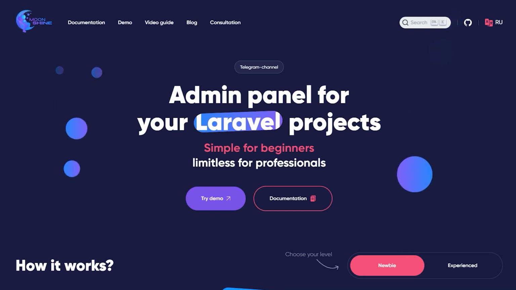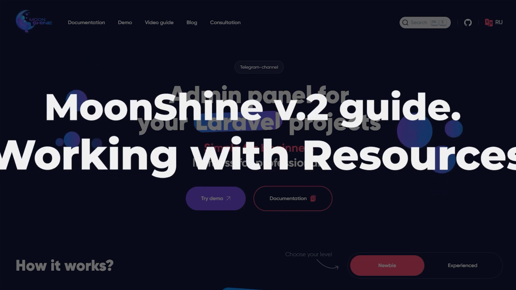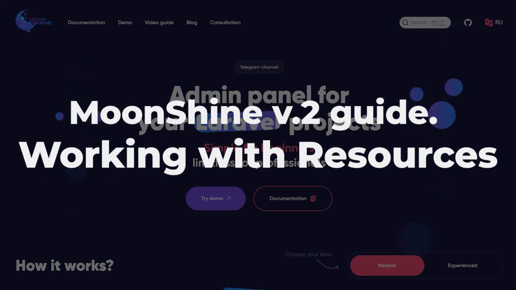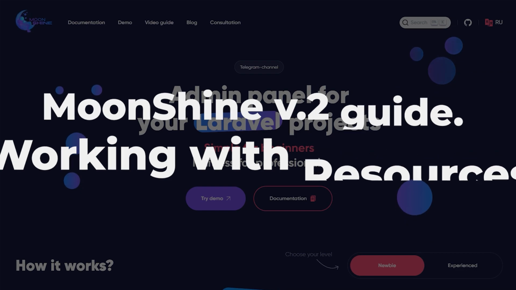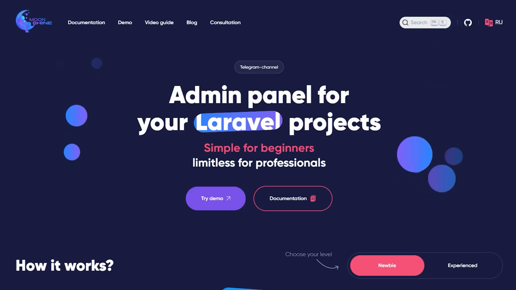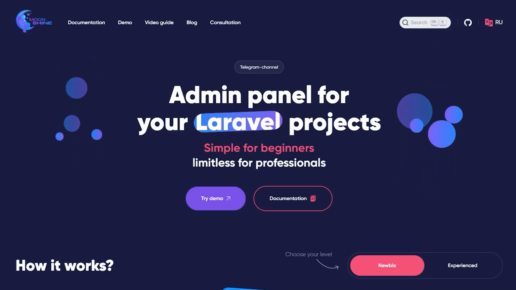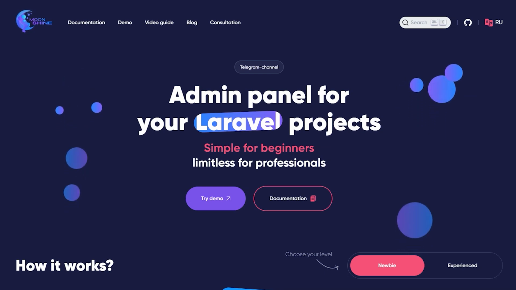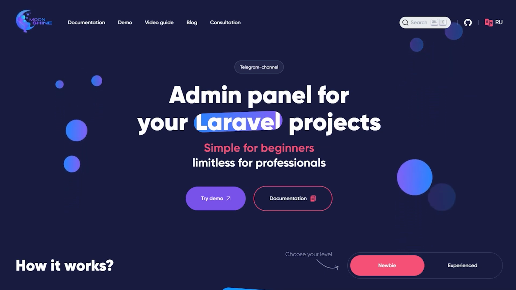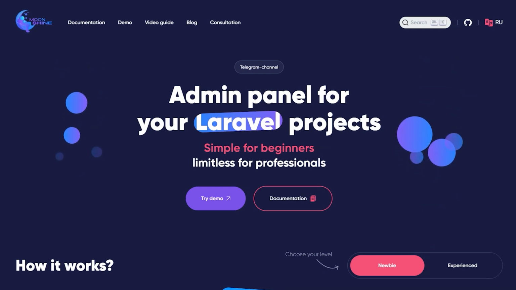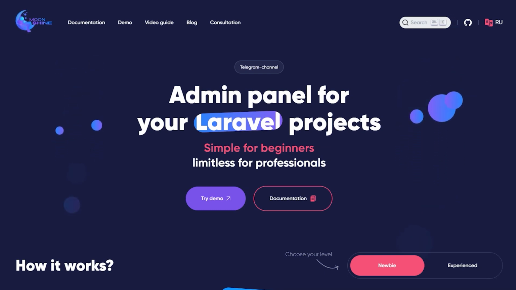Friends, today's lesson will be devoted to creating pages and all approaches to publishing a resource. This is my initial mistake. I wrote down a guide for you where we made a blog on MoonShine too. Nevertheless, it was worth starting with the approaches to publishing resources. How to create pages, how to work through pages, how to add something to pages through a resource, and so